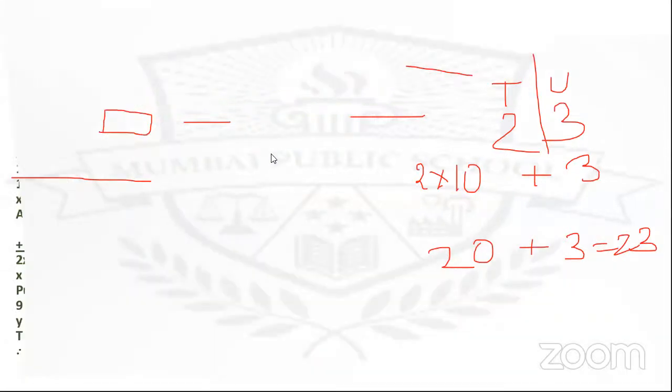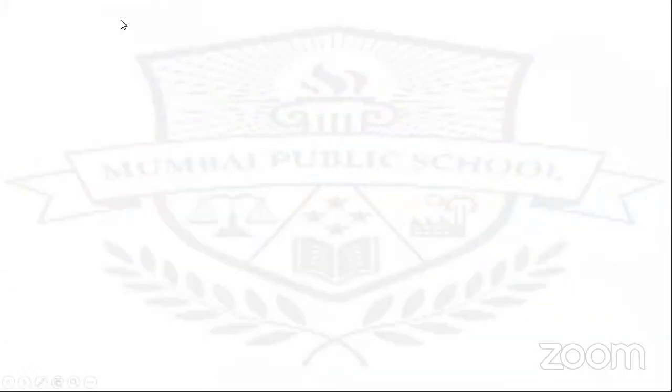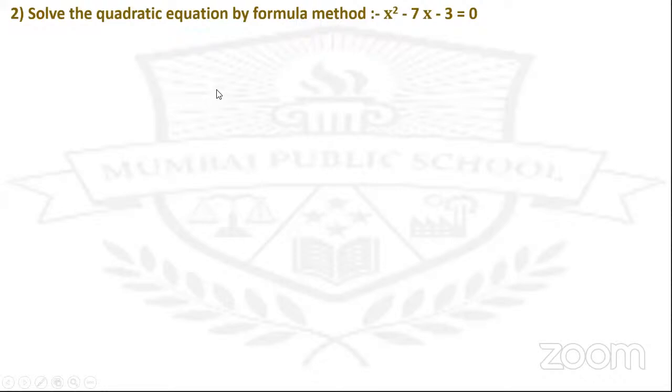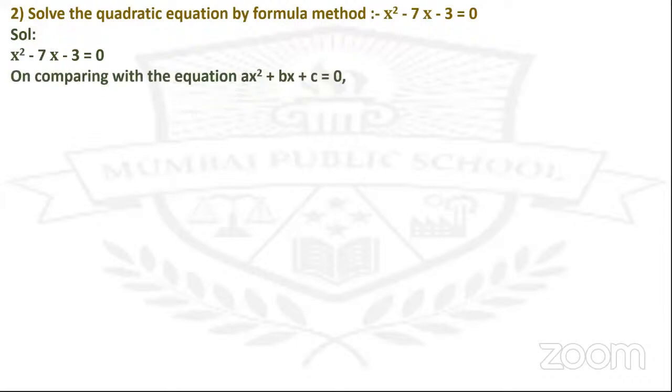Now we'll move ahead to the next question. Solve the quadratic equation by formula method. Check here, they have mentioned that you have to do it by formula method. So for the formula method, you should know the formula. What is the formula? x equals minus b plus or minus,